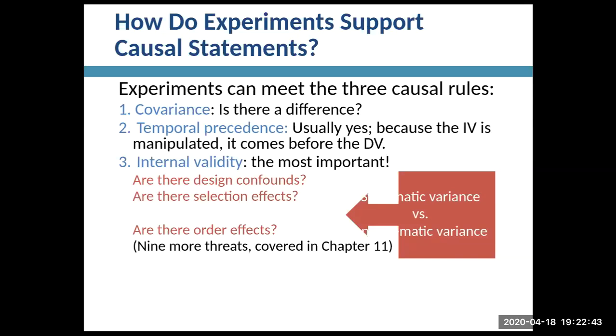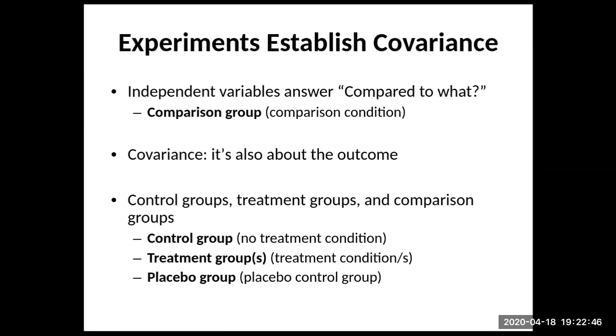So experiments establish covariance. When we talk about is there a difference, we usually talk about it in terms of a control and experimental group. Independent variables answer the question, compared to what? If I go back to our example of the